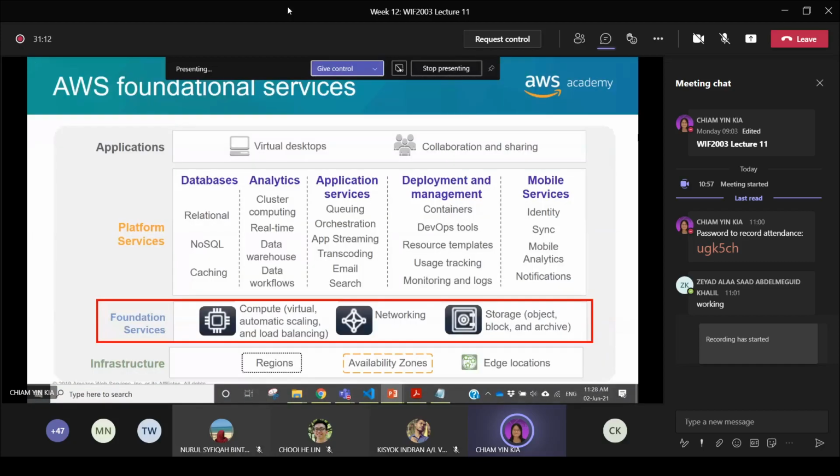So these are some of the foundational services. They have applications, databases, application services, deployment management, and mobile services. These are the most important. What you are learning in this cloud foundations course is how to create the EC2 compute resources, how to do some of the network configurations on cloud, and how to create new storage like